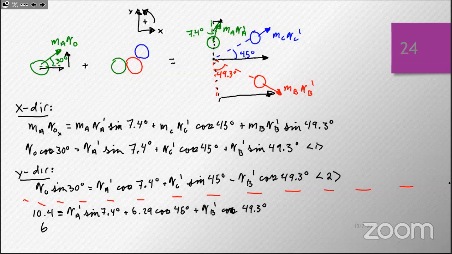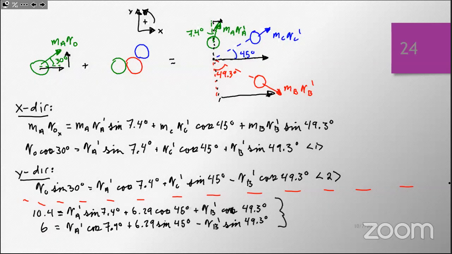This is an equal sign. And notice I've written this a very specific way, because this is another method for solving these equations. Right, so those are my two equations that I'm going to solve. And if I solve them simultaneously, what I got